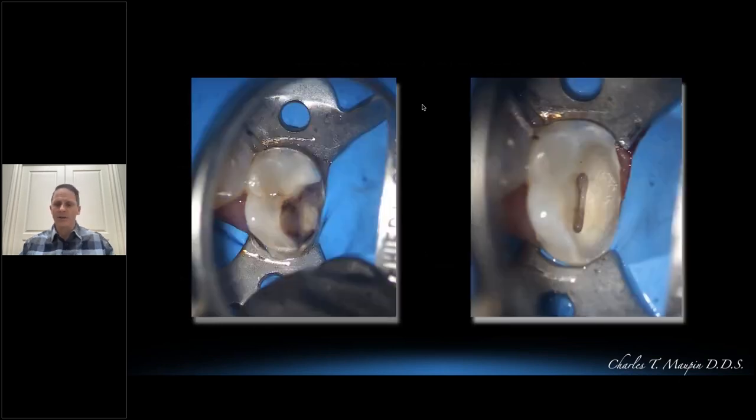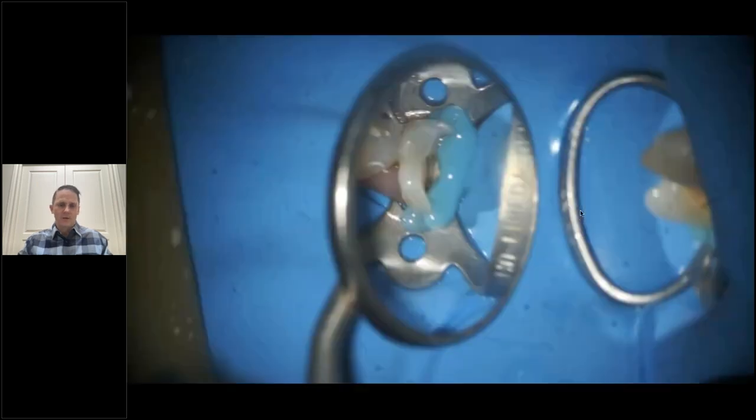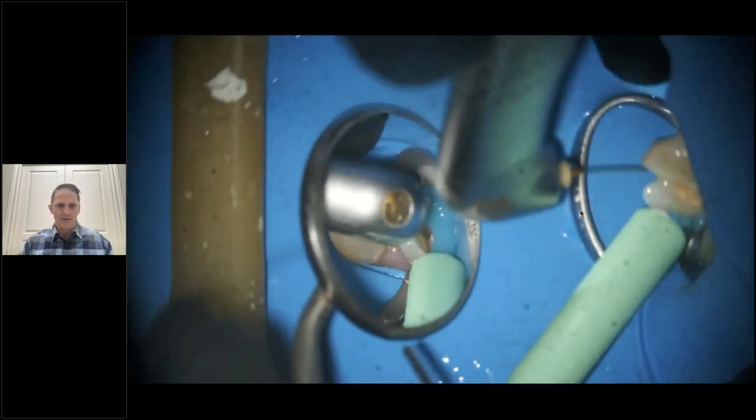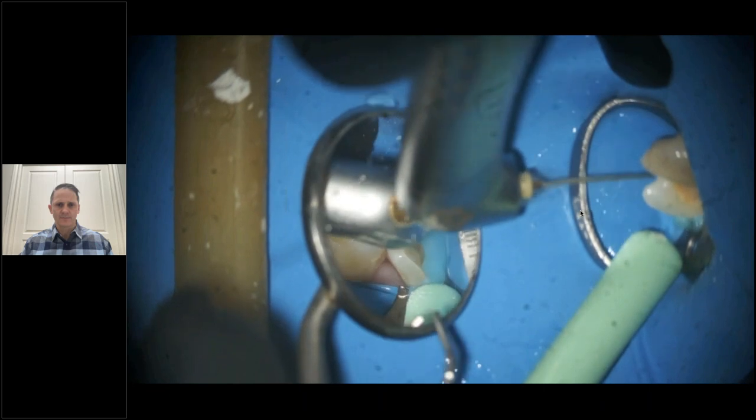So we're going to look at a couple videos here just so you can see the workflow. Again, we're talking everyday endodontics, bread and butter type cases. This was the pre-op image on the left, and this is immediately after access, decay removal first, obviously, and then access, and you can see just the liquefactive necrosis going on. We're going to come in here, add a little cool dam as a barrier. We're going to come in with a laser just to clean everything out.